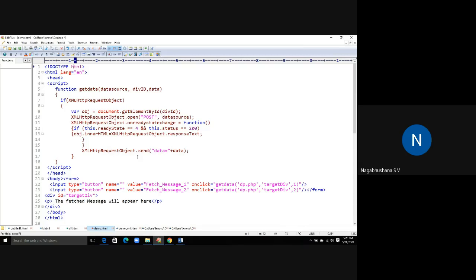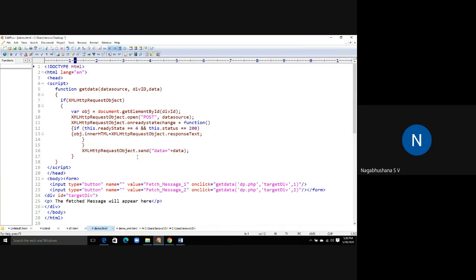Next, xhr onreadystatechange is assigned a function which checks that readyState is 4 and status is okay. That means the request has reached the server and the response is ready. If this condition is true, then display the response. Value 1 will be sent to the client and value 2 will be sent to the client.